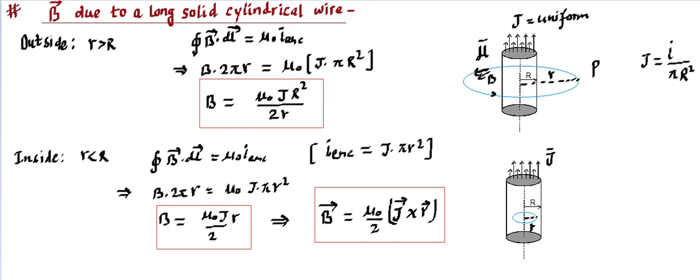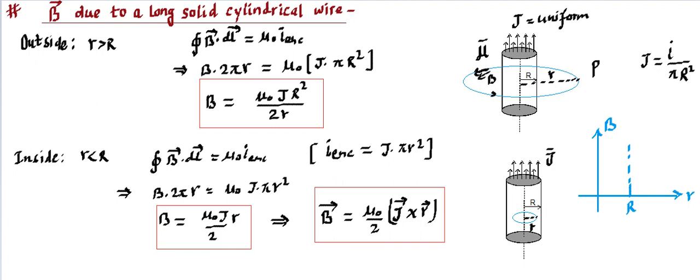And another important point that can be added with this is the graph. If somebody asks how this graph is going to look, we can plot that graph as well. For that, we need two coordinate axes, one along the direction of x, where we measure the distance from the central axis or the axis of the cylinder, and another, the vertical axis, which will be B. Again, an important point on this boundary is the radius.